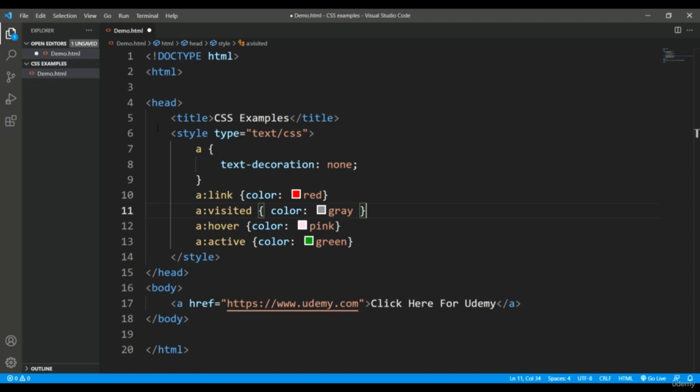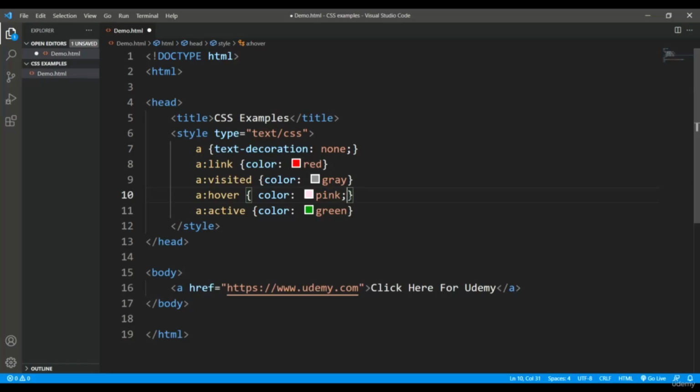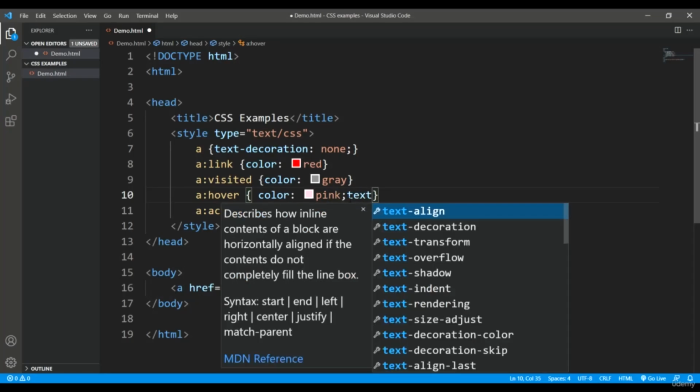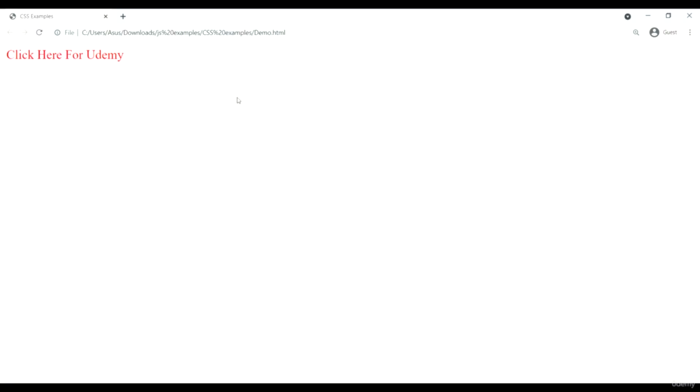Alright, so this is how you can work with the basics of hyperlinks. Now one more thing: when I'm putting the mouse over it, I want the hyperlink to be underlined. So in hover, I can add one more style, that is text decoration underline. Let's refresh, and now you can see when I'm putting the mouse over it, it is being underlined. Alright, so these are the things which you can do with the anchor tag, that is with the hyperlink,